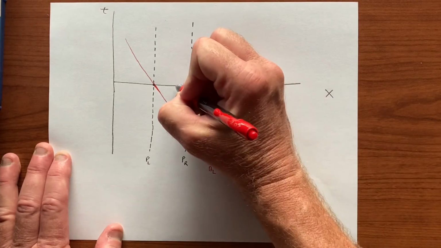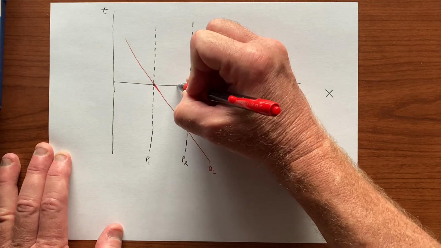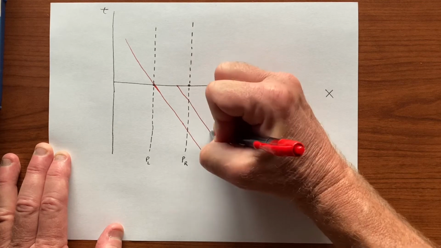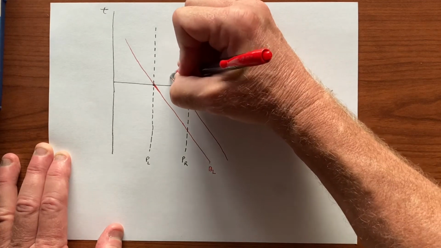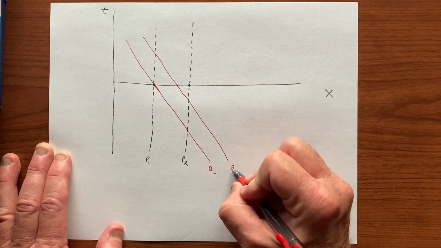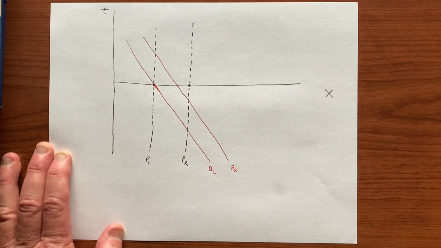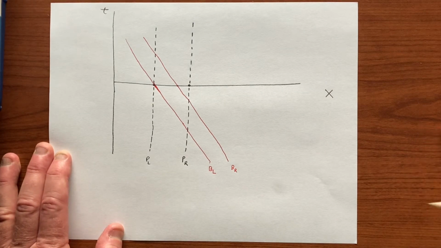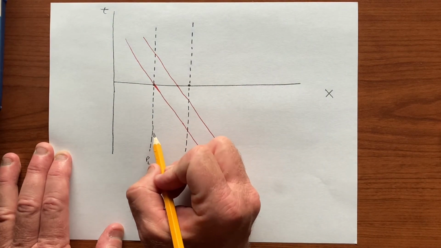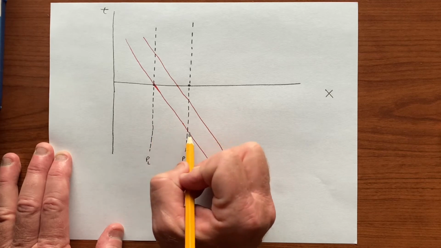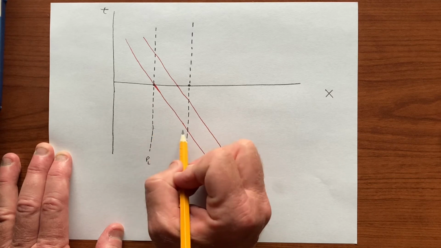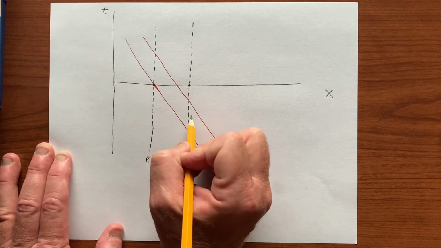So we need to go through, say, here and make a line that's parallel to that one, because that's the space-time path of the right end of the barn. So this is barn right. So we can see that from the pole perspective, it's the barn that's moving, and so these are slices of simultaneity. This is the left end and the right end of the barn at different moments of time, and suddenly